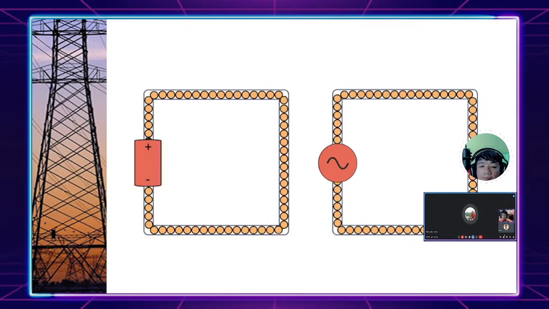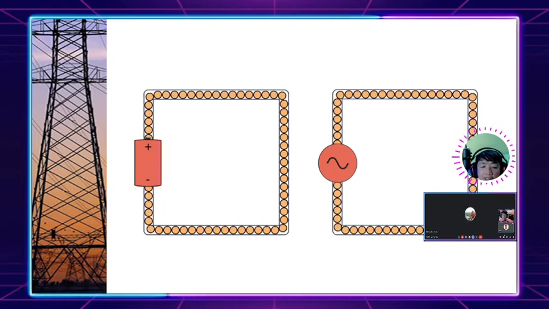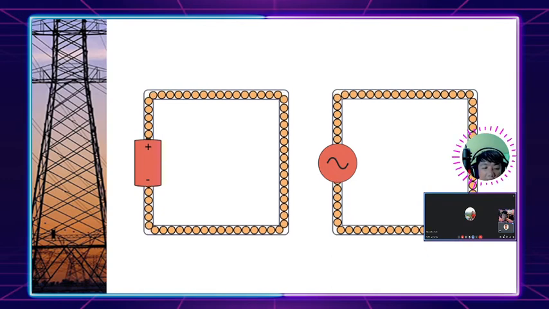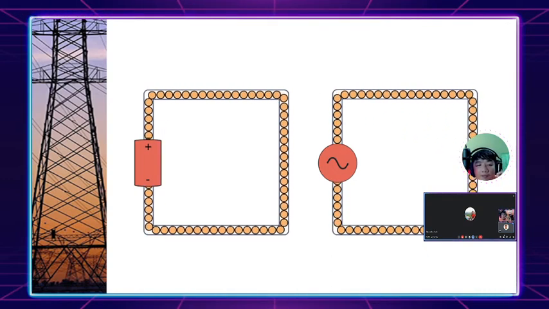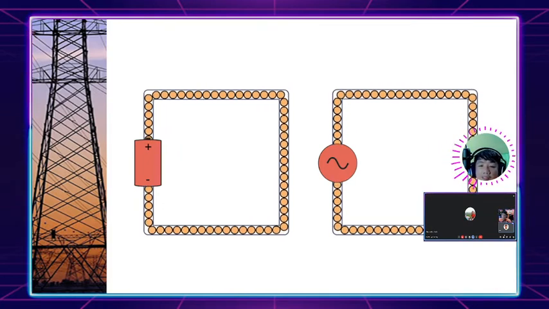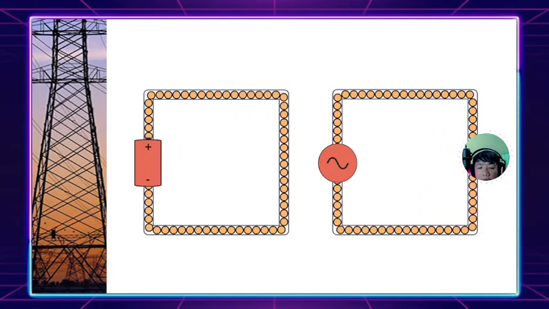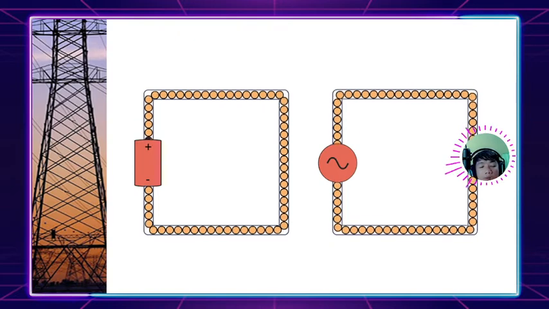Conventional current, sir. Good. That is conventional current. Tama si ma'am Jane. Okay? Thank you, ma'am Jane. And the other one naman po, from negative to positive, that is electron current flow. Okay? So, the next